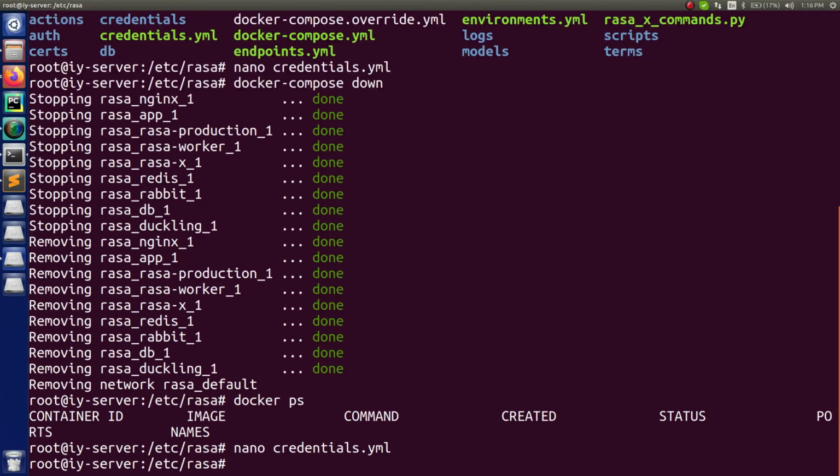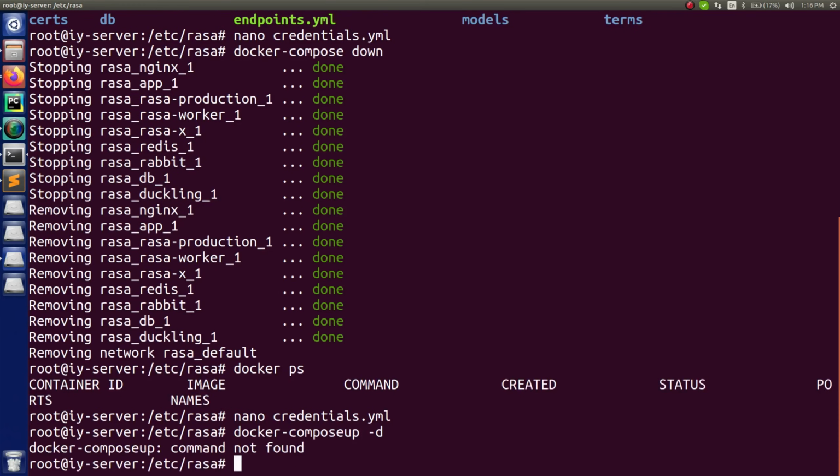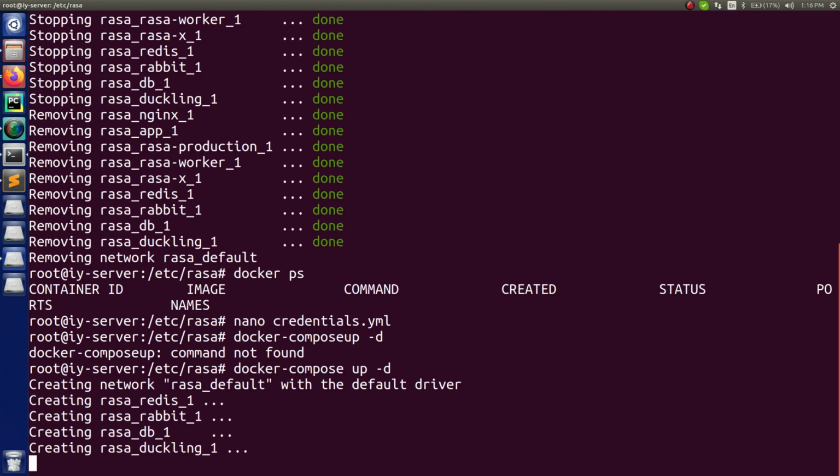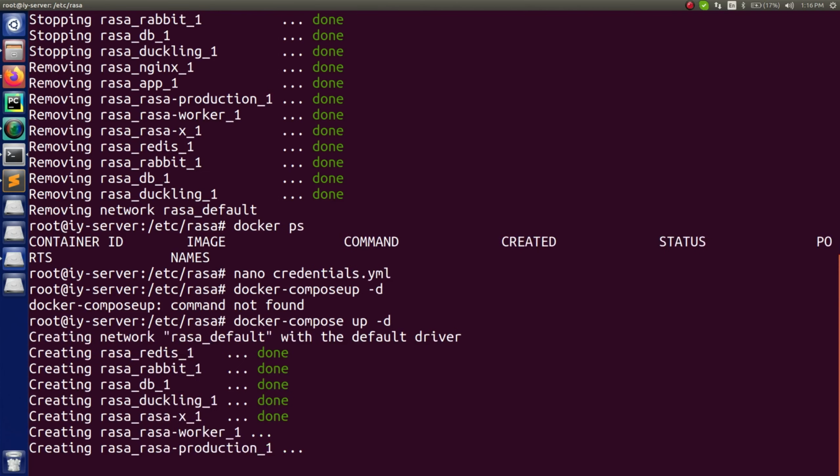Now when everything is done, you have set up the credentials and the script for your website. When you're done with everything, just run Docker Compose up. This will start all the services again, and you will be able to talk to your bot on that website with respect to that web chat.